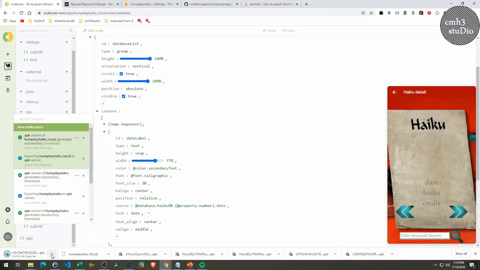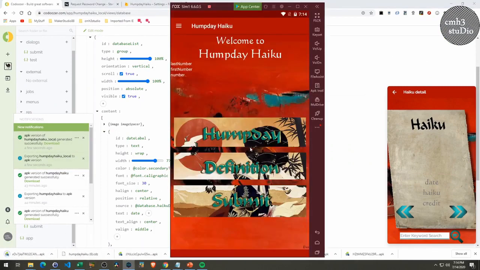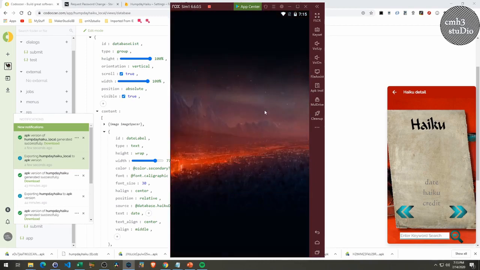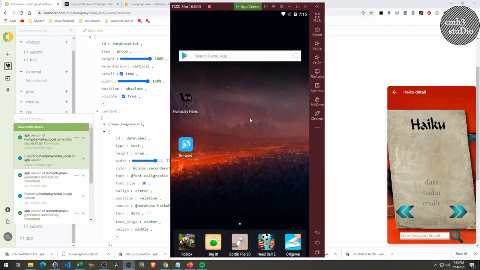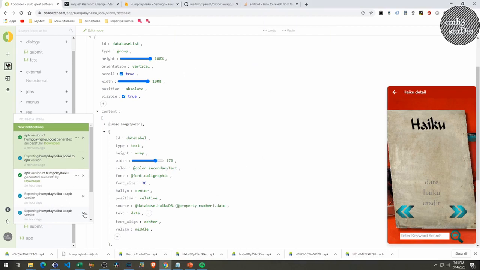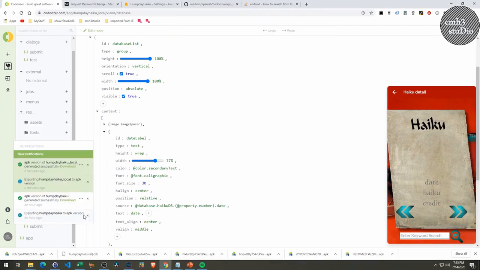So let's download it. And this is a different database, or a different version of the app. Let me just go ahead and uninstall and install our local one. So I've been playing around with the